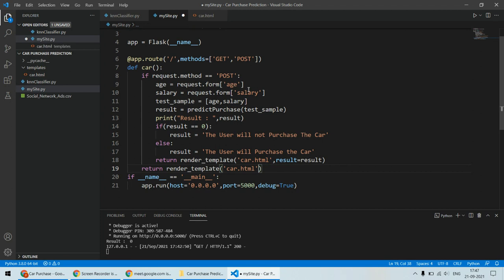Now we got the age and then we got the salary from our website. If the request.method equal to POST, that means the form is submitted. Once the form is submitted, फॉर्म के अंदर जो एज का इनपुट बॉक्स है उसमें जो भी वैल्यू है वो एज के अंदर आएगा, and then सैलरी वाले टेक्स्ट बॉक्स में जो कुछ भी है वो सैलरी के अंदर आएगा। उसके बाद हम उसका एक टेस्ट सैंपल बनाएंगे और predict_purchase फंक्शन को दे देंगे। predict_purchase फंक्शन इसके ऊपर प्रेडिक्शन करेगा, और जो कुछ भी रिजल्ट है वो पहले यहाँ प्रिंट करेगा, प्रिंट करने की अभी कोई आवश्यकता नहीं है।